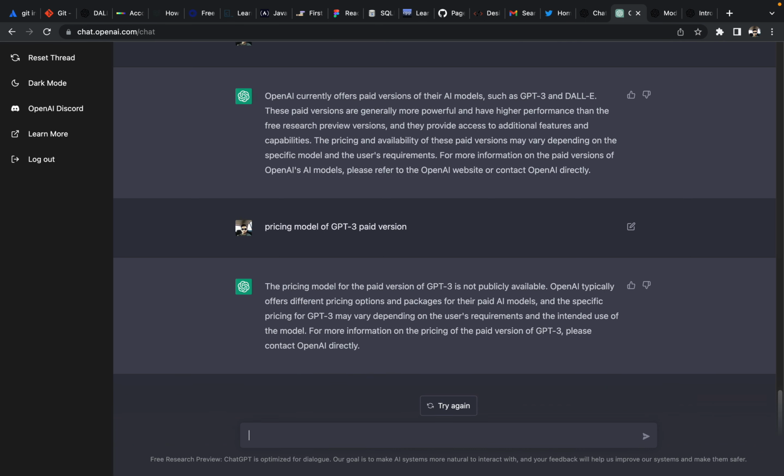Okay, it says that the pricing model for the paid version of GPT-3 is not publicly available. OpenAI typically offers different pricing options and packages for the paid AI model, and the specific pricing for GPT-3 may vary depending on the user's requirement and intended use of the model. For information on the pricing model, please contact OpenAI directly. So it's not directly available, so we have to contact OpenAI directly if you want to use it in your own application. Okay, so